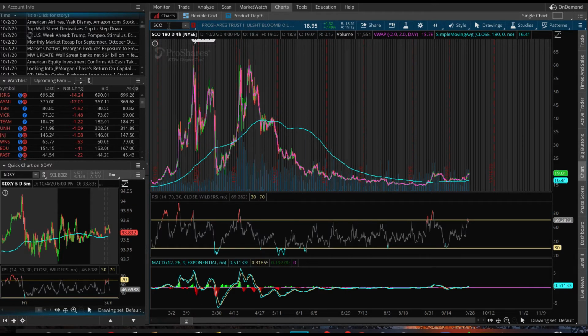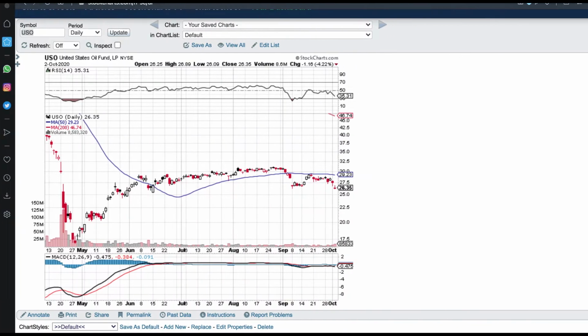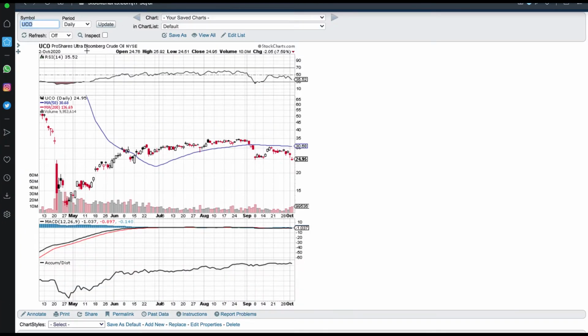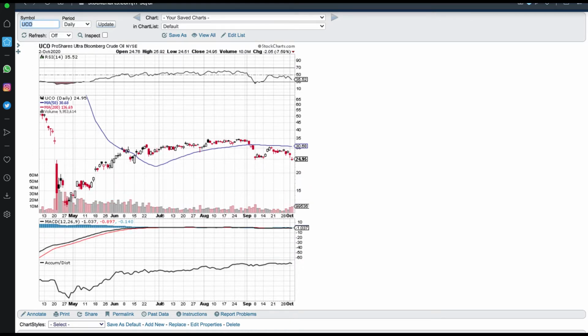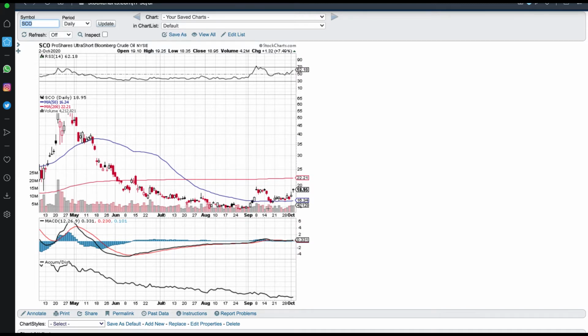Alright, so SCO is going to be the volatility. What it is, is just an inverse ETF of UCO, which is the ProShares Ultra Bloomberg Crude Oil exchange-traded fund. Now, that's what the inverse ETF is. So pretty much you can see clearly here we're going up on SCO, but we're going down on UCO. Basically, just like volatility, think of it like that. Now, look at the volatility ranges here. The next range, or next level, we have above this 18 level would be 20, 23, 24. Around that level, you can see it right here, right? That would be the next level.